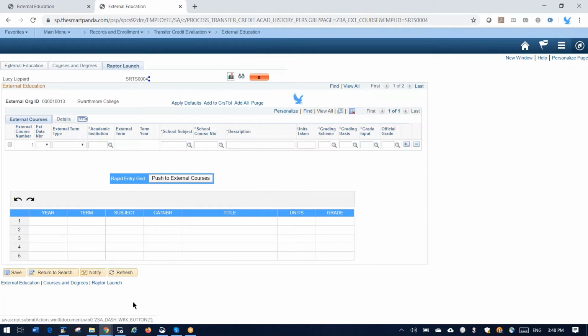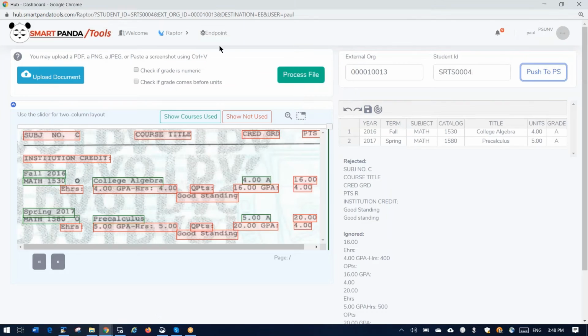Okay, so let's go back to Raptor. The other way you can move courses from Raptor, especially if your campus is not using web services, is to go ahead and just highlight this grid, click in the upper left-hand box, and you can select all the rows. Okay, and then you can click Control-C or whatever your copy function is on your computer, and you're going to copy out,